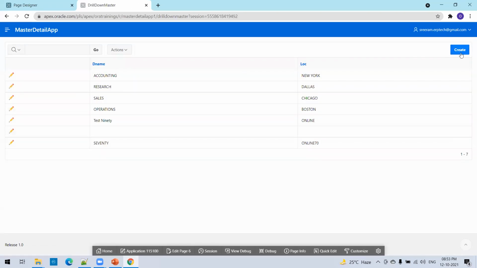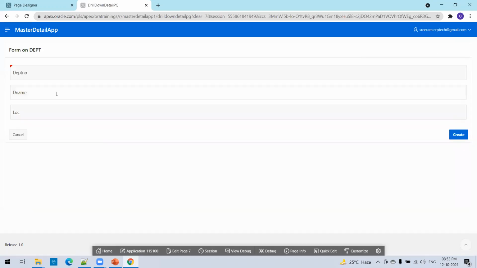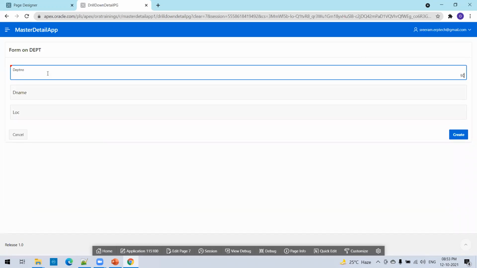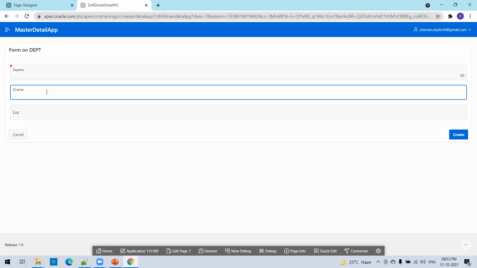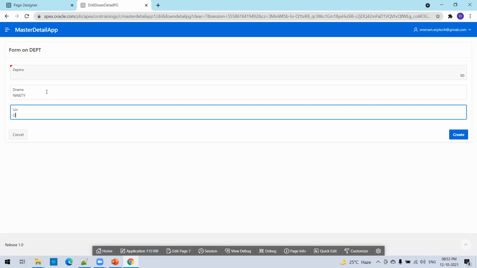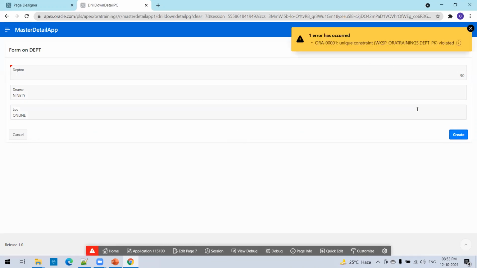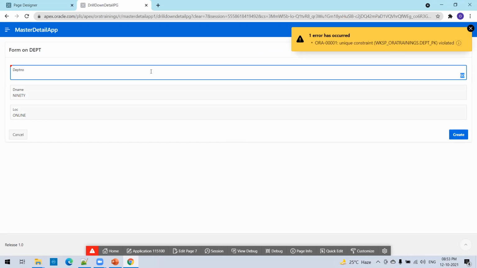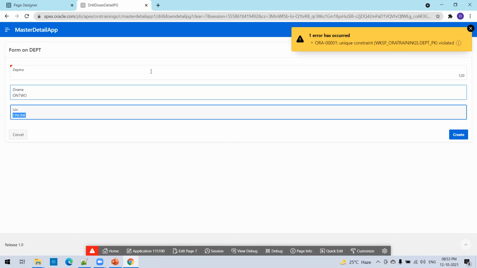And if at all, if you want to click on a new record, let us say click on create. Now it says 90. Online and create. That's it. Now, okay, so it seems it's there already. Let's say 120, 12, online 12.